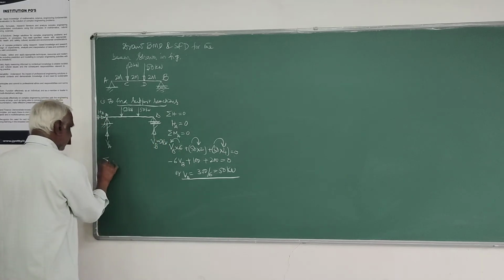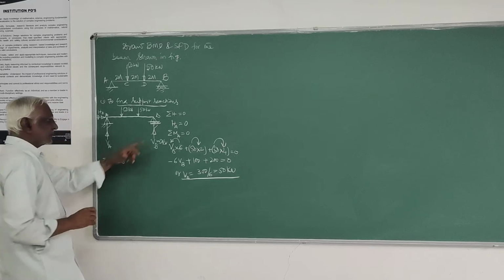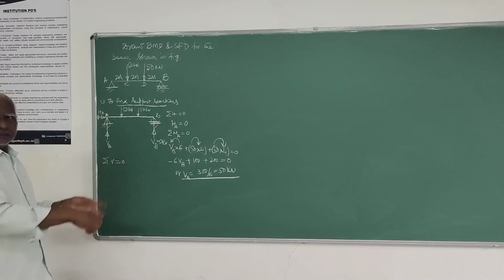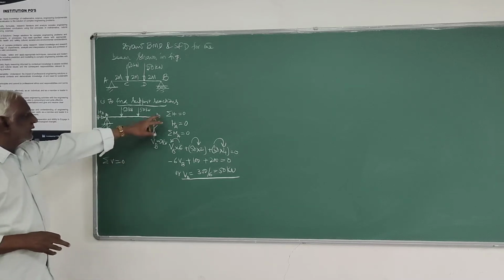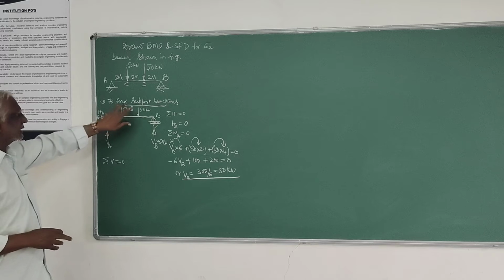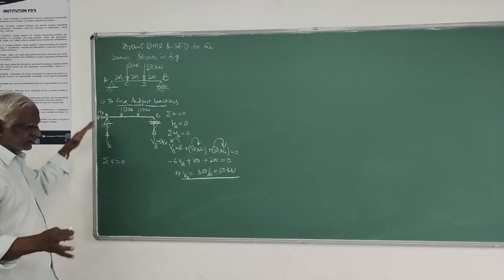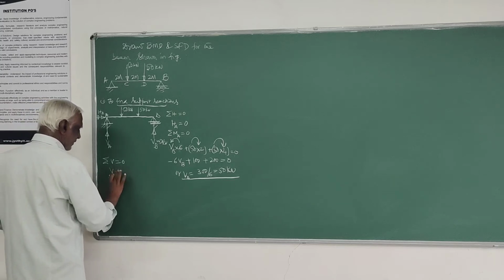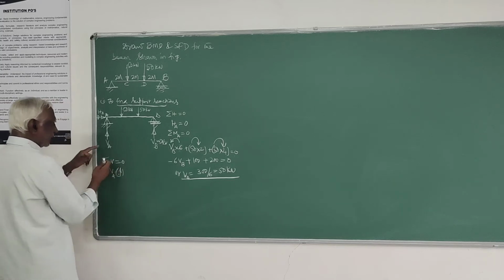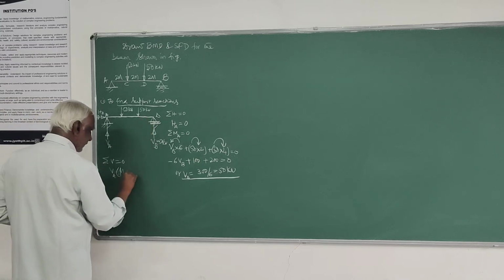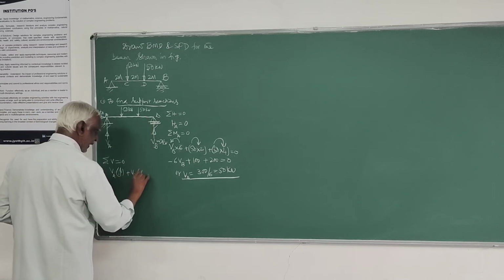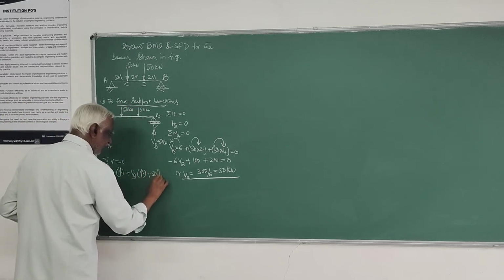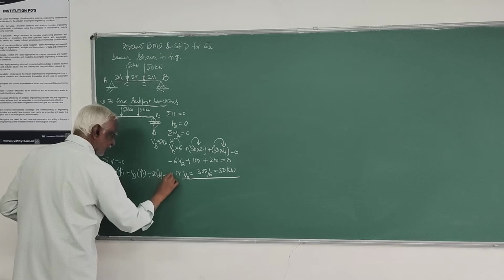Then we can apply another equation, that is, the three equations of statics: sigma H equals 0, sigma V equals 0, sigma M equals 0. We apply the three equations of statics to the whole structure to find the support reactions. This is the general procedure you have to follow. VA is acting up, VB is also a vertical force acting up, and the 50 and 50 loads are acting down.